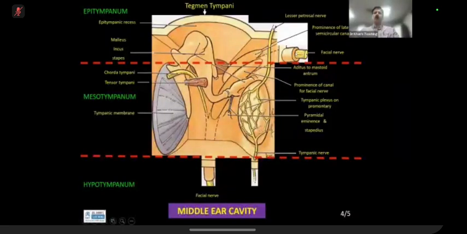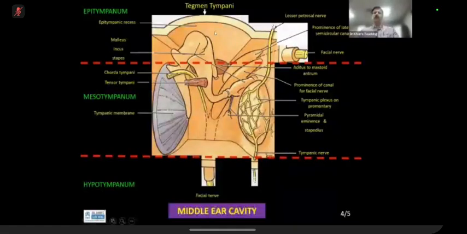Okay, before I go to the facial nerve, one thing which I want you to concentrate on is you divide the middle ear cavity into 3 stories. So this is the attic, and this is the main room, and then is the basement. How do you divide it? Now, this is the tympanic membrane. If you draw an imaginary line from here to the tympanic portion of the facial nerve, here,